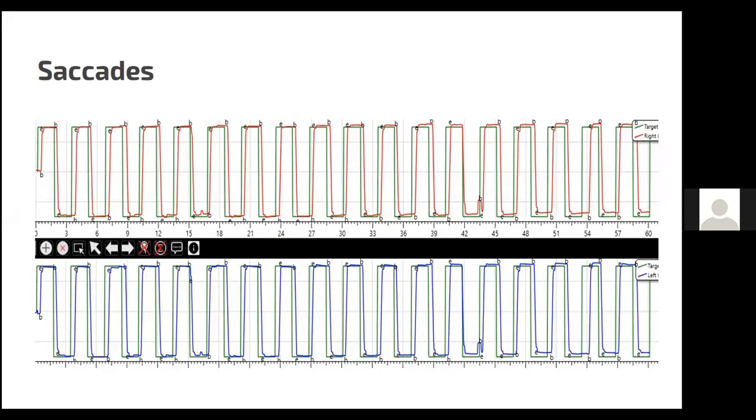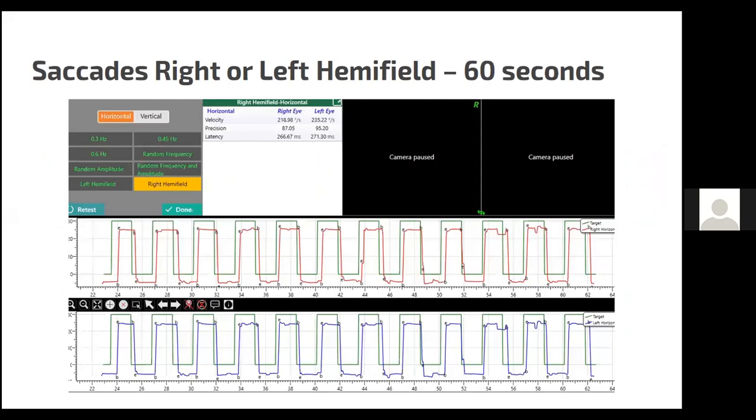We ask the patient to look at a dot on the screen, and the dot will move to the left, then cross the midline and go to the opposite side. Initially we do it for 30 seconds, and then we can increase the duration to 60 seconds or more. We can also do saccades for only the right side of the hemifield or the left side, for 60 seconds.